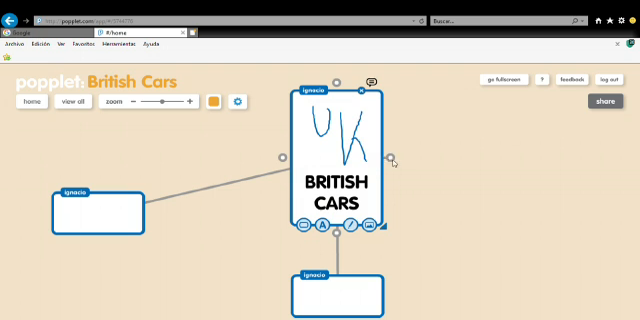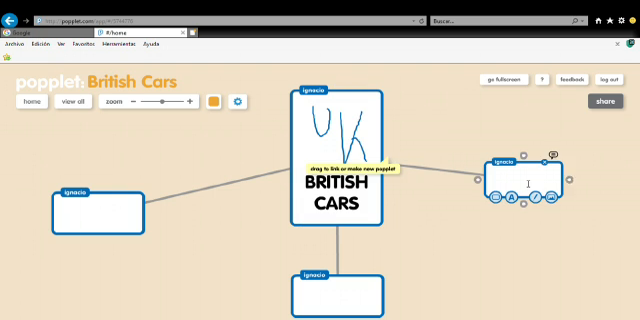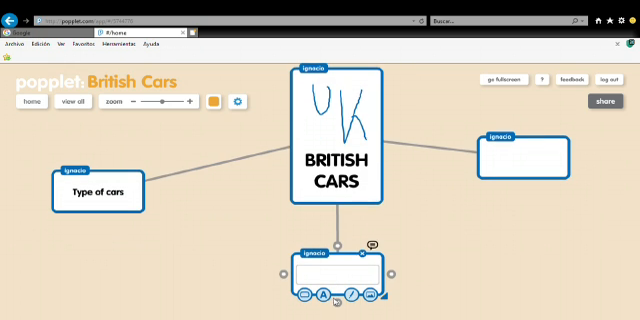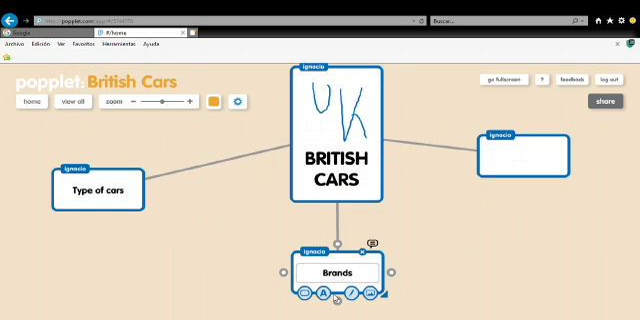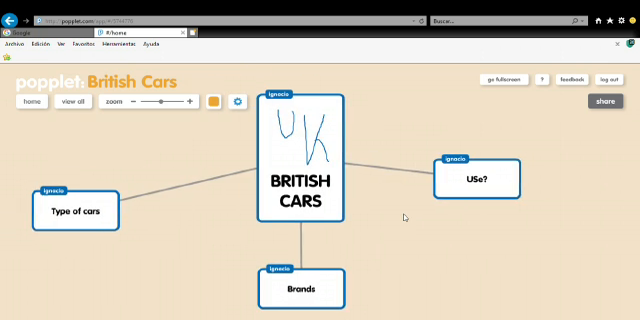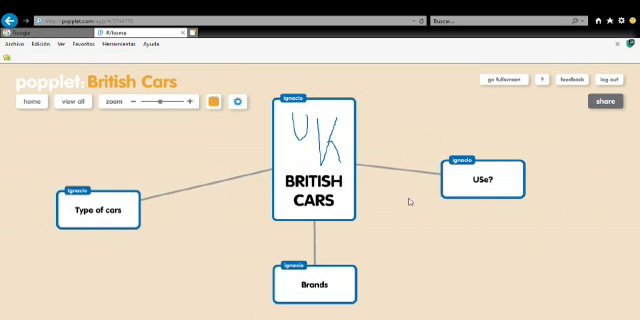I don't want to delete it, so I go back and I draw again the branch. So as I was saying, I'm going to put here type of cars, I'm going to write here brands, and then use of cars. Right, so I already have my